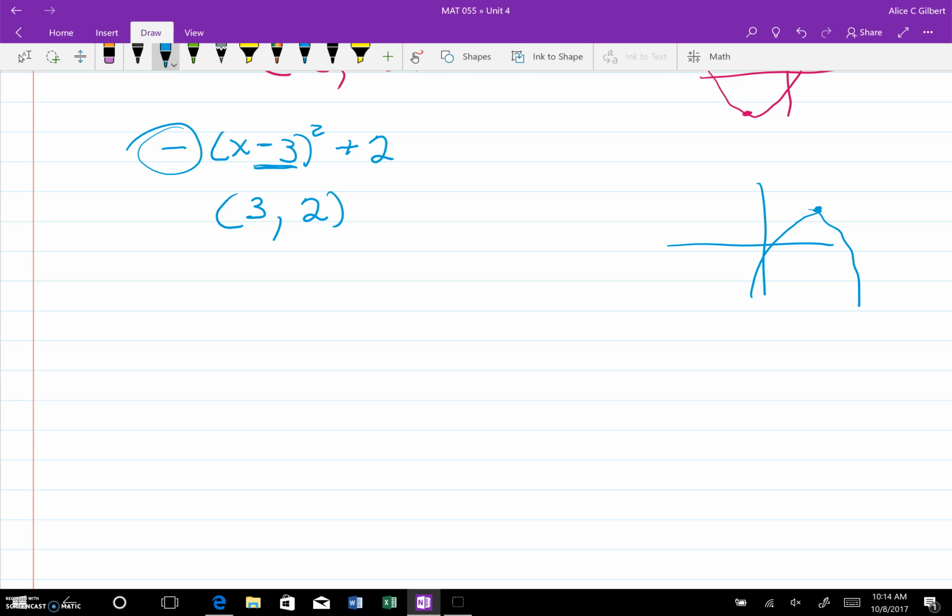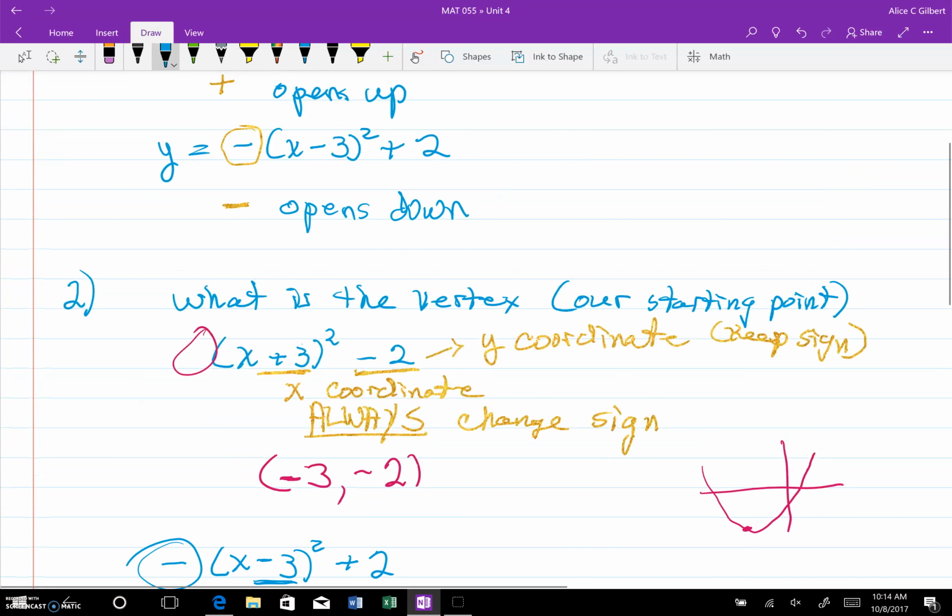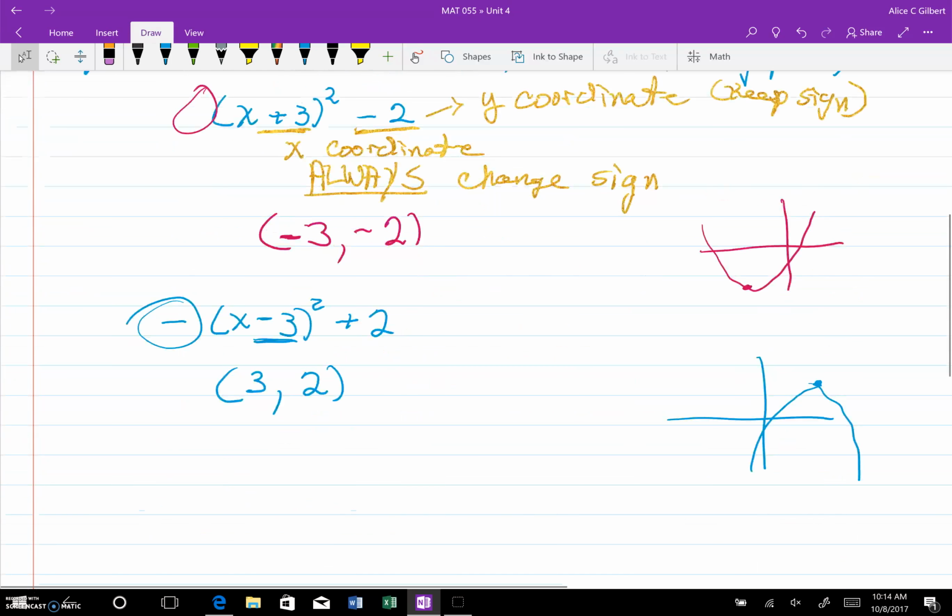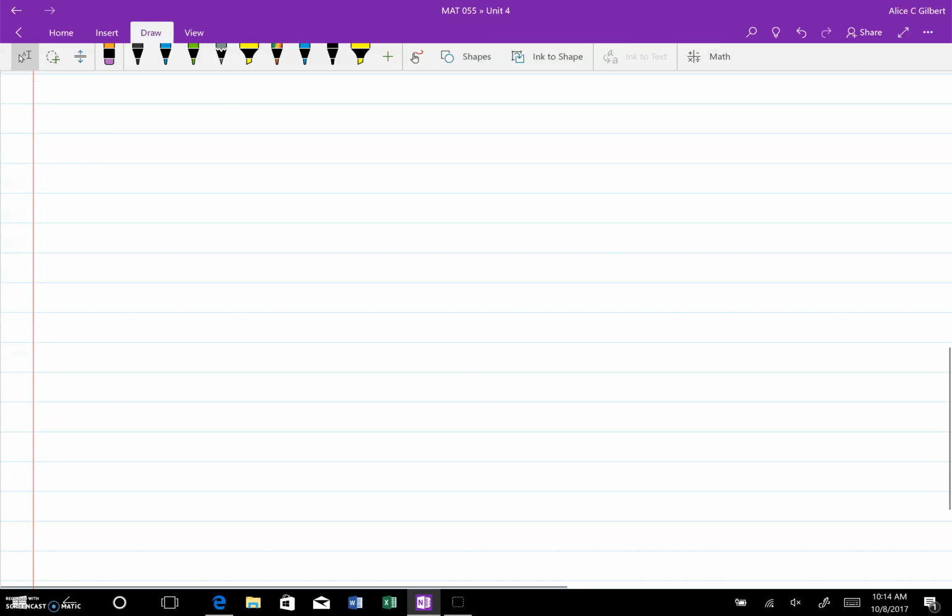And remember, you need to understand how these translations work, and you're going to figure out the things you need to, and then you'll be able to know exactly where the points are and not do a table. So we will not be doing tables anymore. That's our second question. The first question is, does it open up or down? The second question is, what's our vertex? And then our third question is going to be,